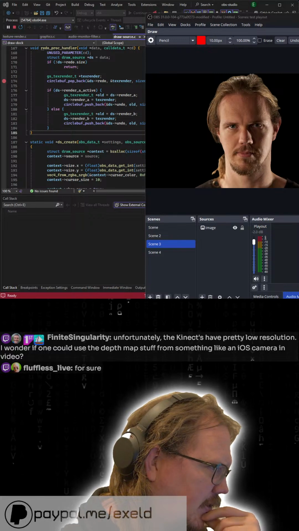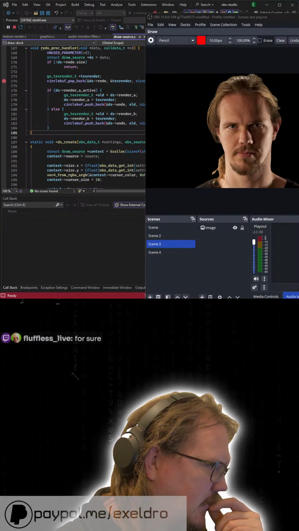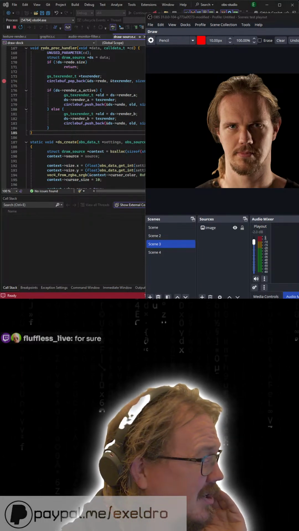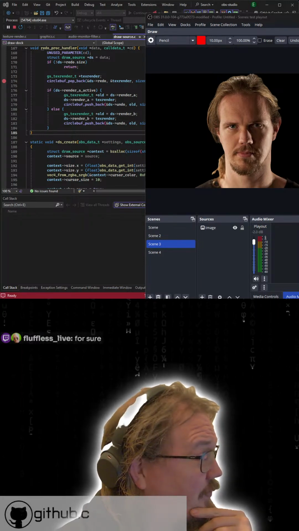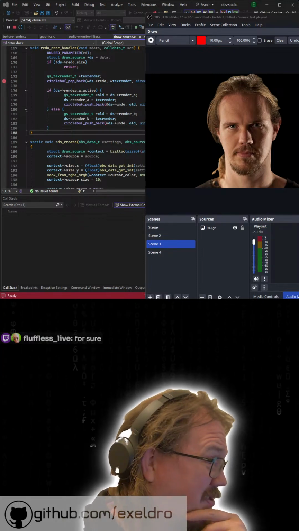Unfortunately, Connect is pretty low resolution. The NVIDIA AR stuff has depth detection for faces, but